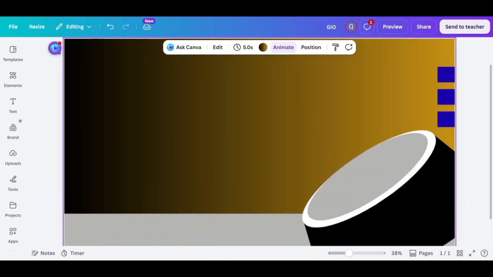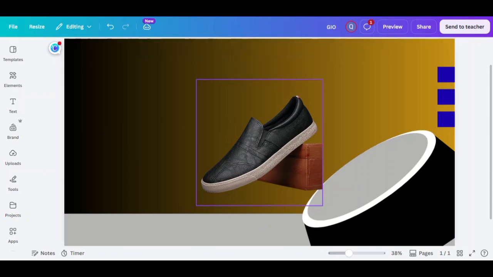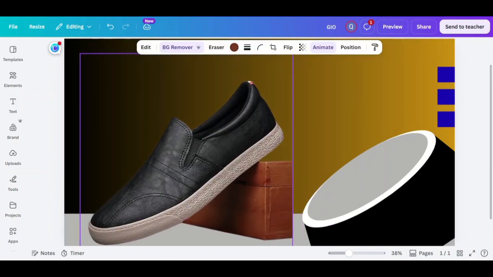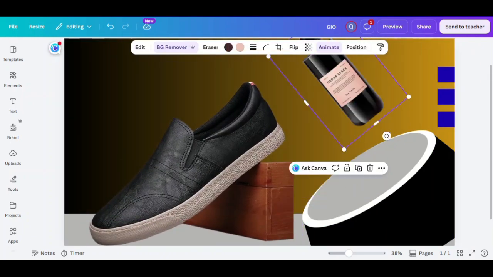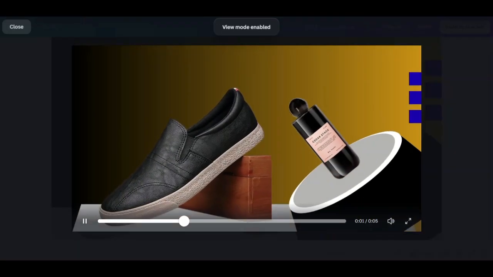If possible, use a professional product photo with a clean background to create a luxury appearance. Next, click on the main headline and enter the name